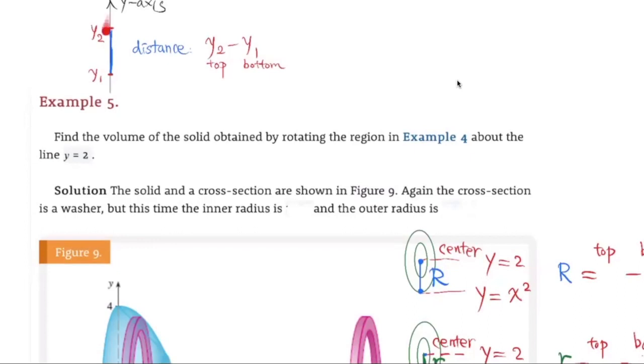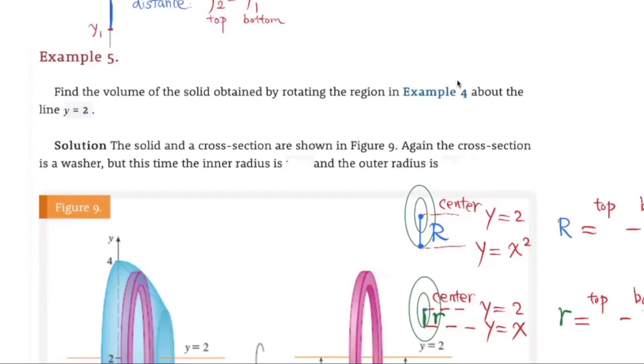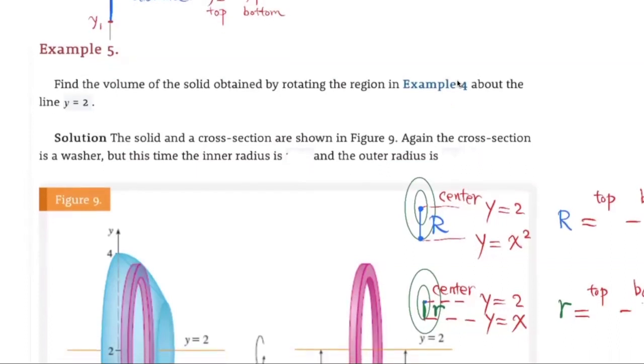Remember, if the two points are on the y-axis, to find the distance, you use the y-coordinate on top, subtract the y-coordinate at the bottom. So it is y2 minus y1. Example 5, we try to find the volume of the solid obtained by rotating the region. In example 4, the one we just went through,